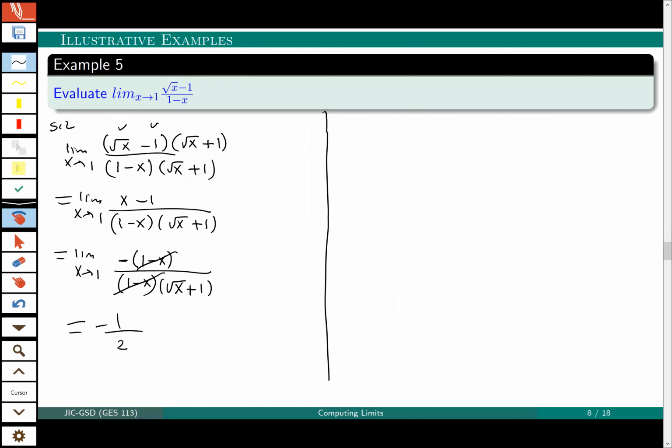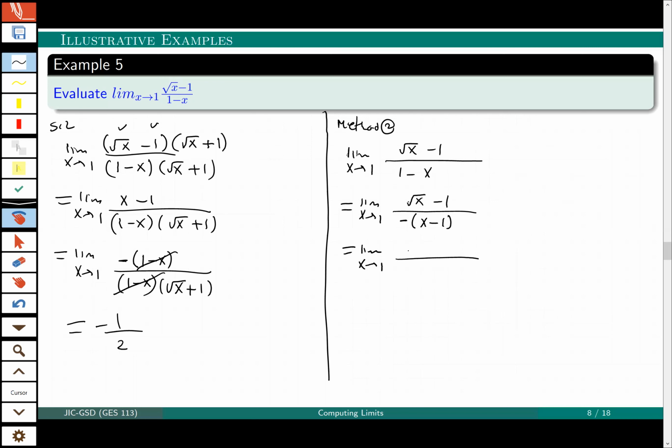Similarly, if we say by factoring, when limit x goes to 1, I have root x minus 1, here 1 minus x, so first of all, I will write it this way. It's root x minus 1, here I will take minus 1 common factor, so it will be x minus 1. So that will be the limit when x goes to 1, I have here root x minus 1,